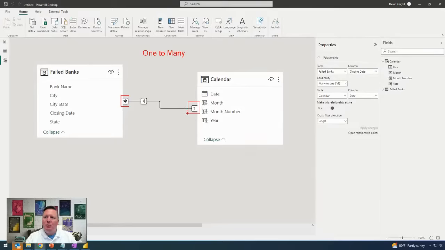What a one-to-many relationship means is that the column from our calendar table, that's our date column, and the column from our failed banks table, that would be our closing date column, have different instances of how many times they can appear. When you see one, the one side of the relationship, that means that the date column is unique, meaning you're never going to have the same date appear more than once inside the calendar table. However, closing date is not unique